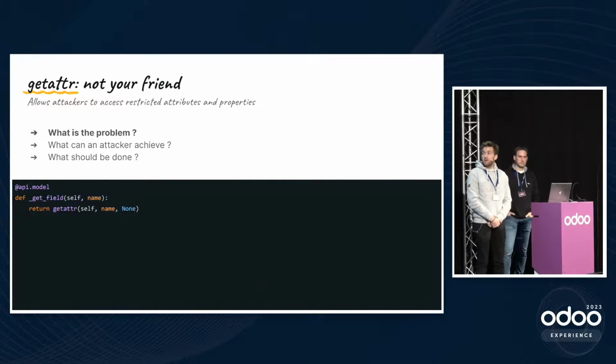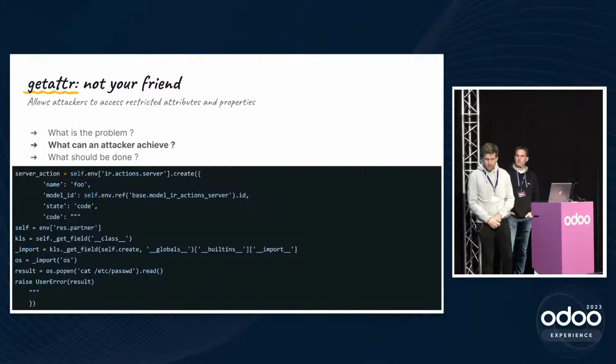So this is an example of what you shouldn't do. This is a simple example where you have a method. It's a private method, but as you have admin access, you can still call it. And it would use getattr on an object and access an attribute. Like this, it looks completely harmless, but